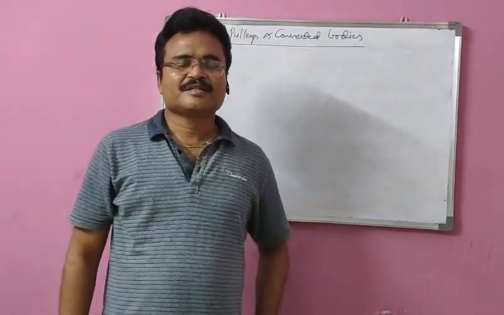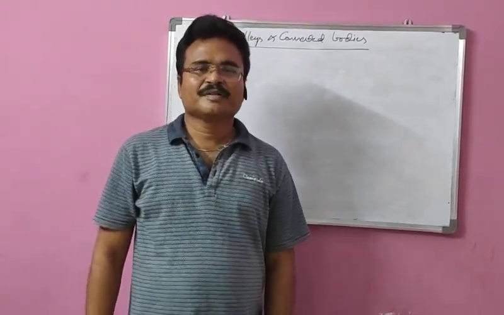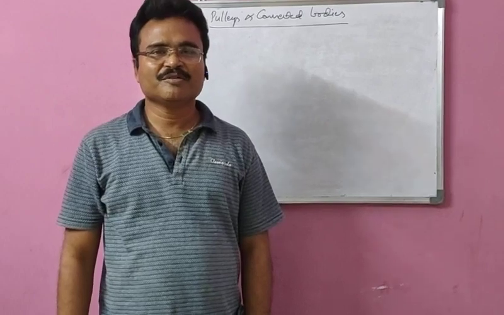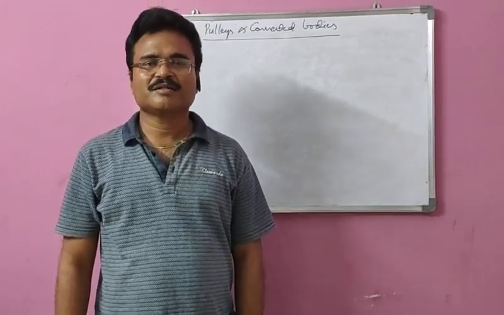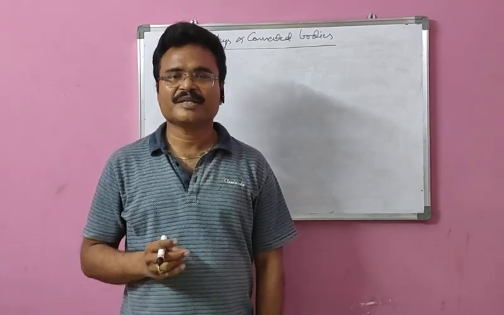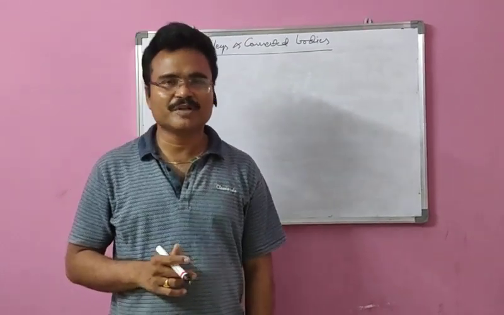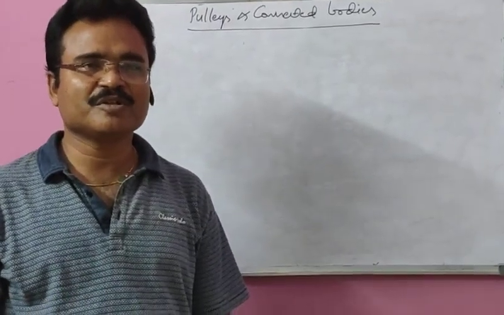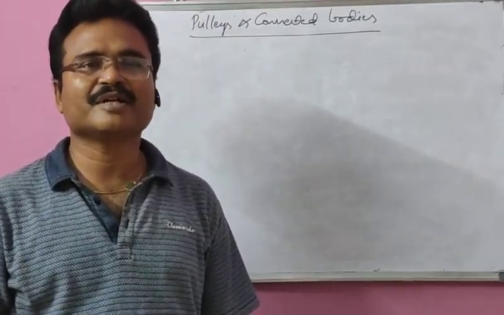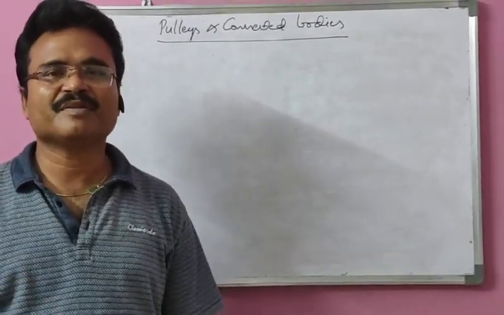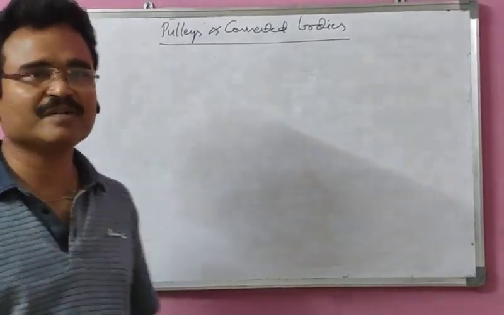Friends, in this class I am going to explain the finding of tensions and accelerations in connected bodies by pulleys, and I am going to tell you the shortcut methods and also how easily we can find tension and acceleration in the case of fixed pulleys and movable pulleys. First of all, I will tell you the traditional method where we use Newton's laws with an FBD diagram to get the values of acceleration and tension. Then I will also tell you how that can be found by using the shortcuts.